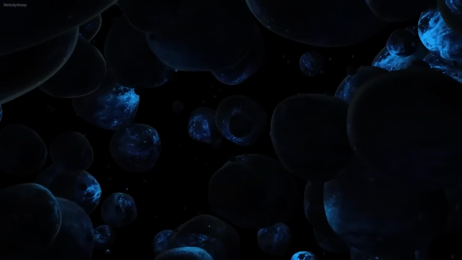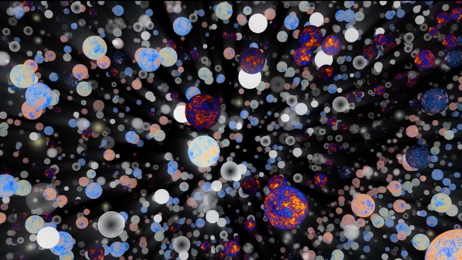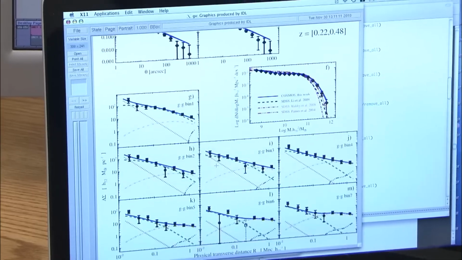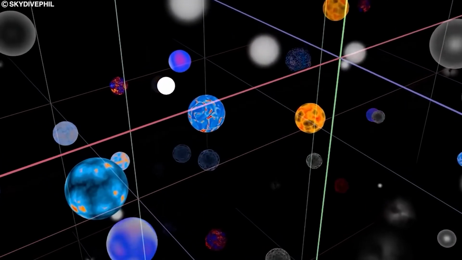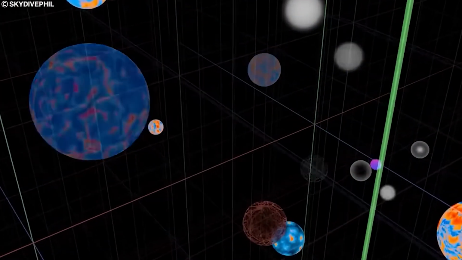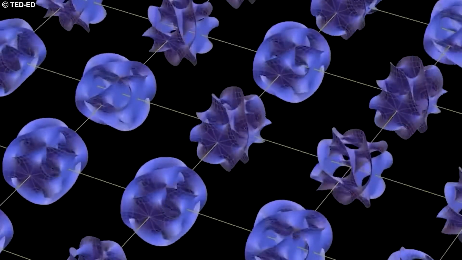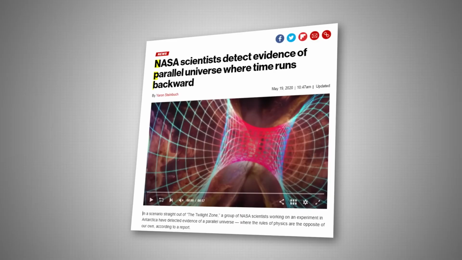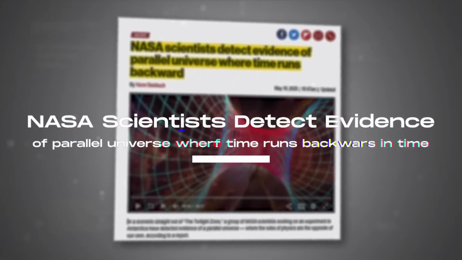How many universes are there? Some scientists argue that space is too vast to contain only our universe. However, for a long time, researchers have not been able to prove other universes existed, but that is no longer the case as a new study has turned up evidence of a parallel universe that not only exists but has time running backwards. What is this newly discovered universe like, and why does time not run as it does in our universe? Stay tuned as we bring you the latest NASA discovery of a parallel universe that runs backward through